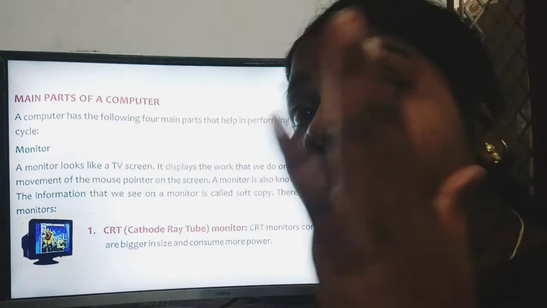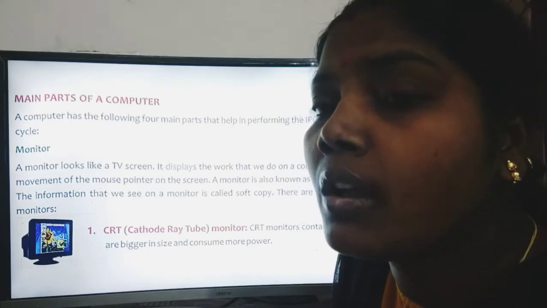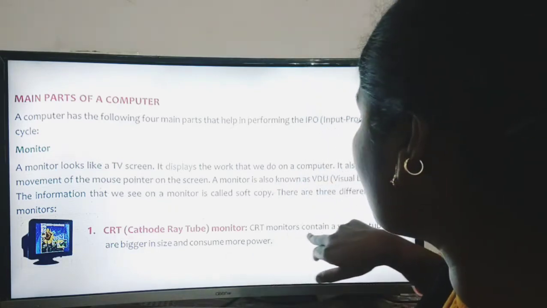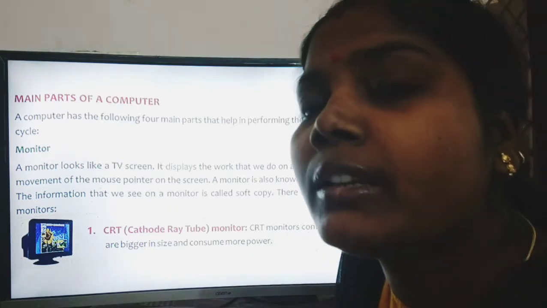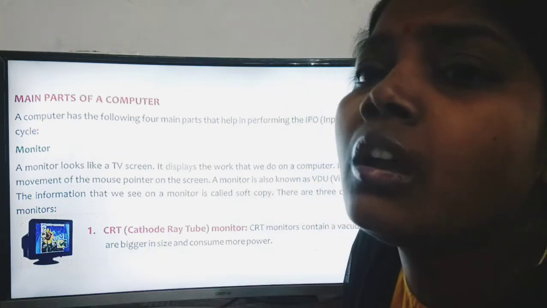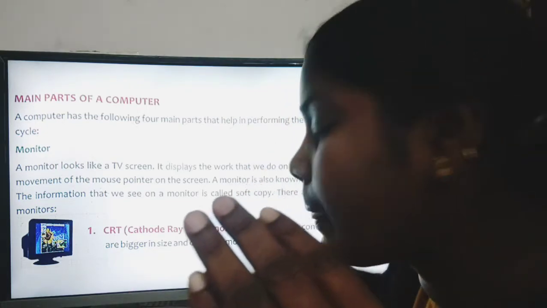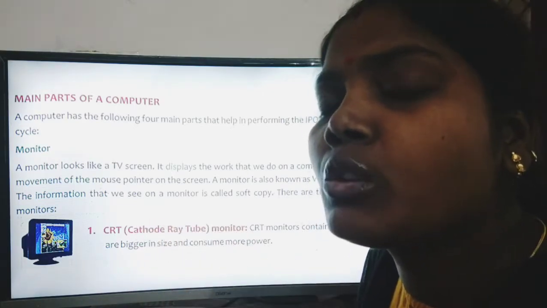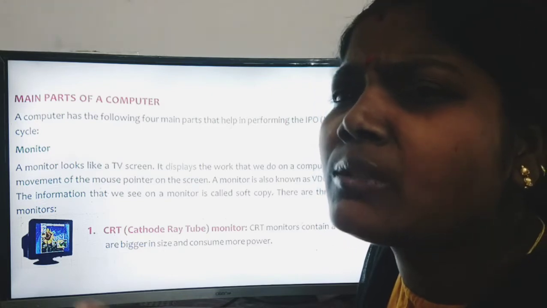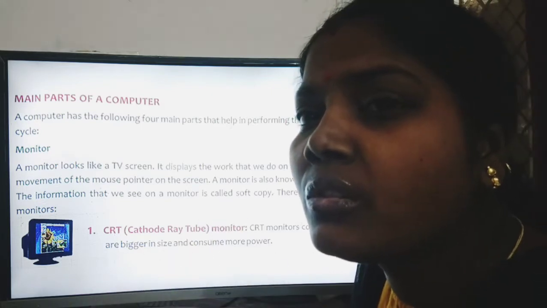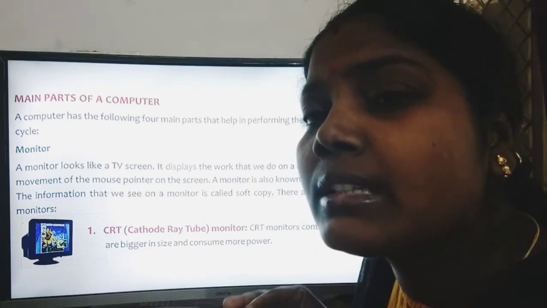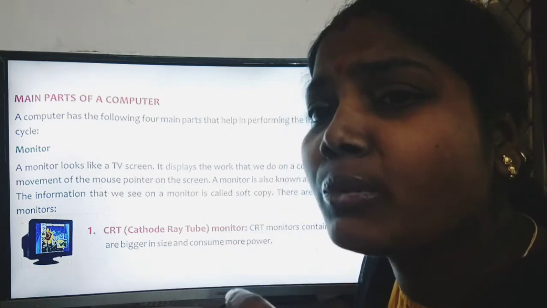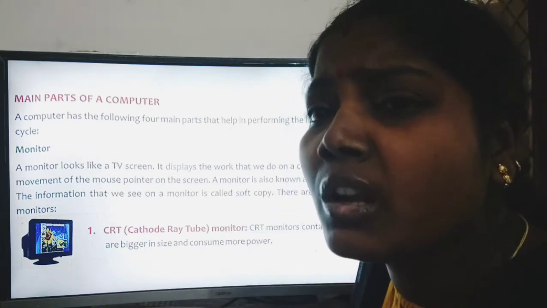In the beginning, when the computer was invented, we used the vacuum tube to give power to the computer. With the help of this tube we were giving power to the computer. At that time it took more power to work on a computer, because its size was big, so it consumed more power to work on a computer.